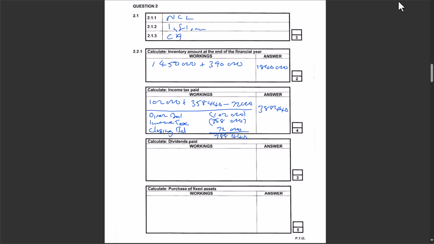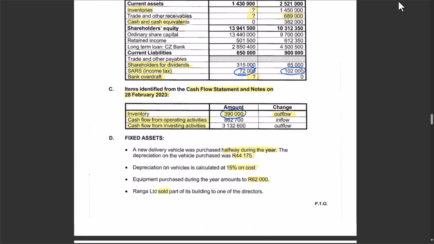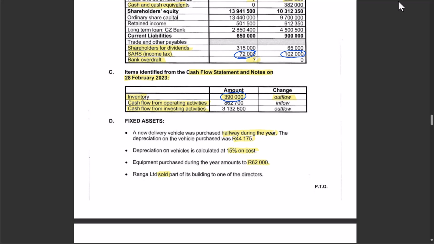Dividends paid. For dividends paid, you are given two again. It's kind of like exactly the same. Right, you have to work them the same. You are given every information. You're not going to calculate any dividends. Right, if you look here,